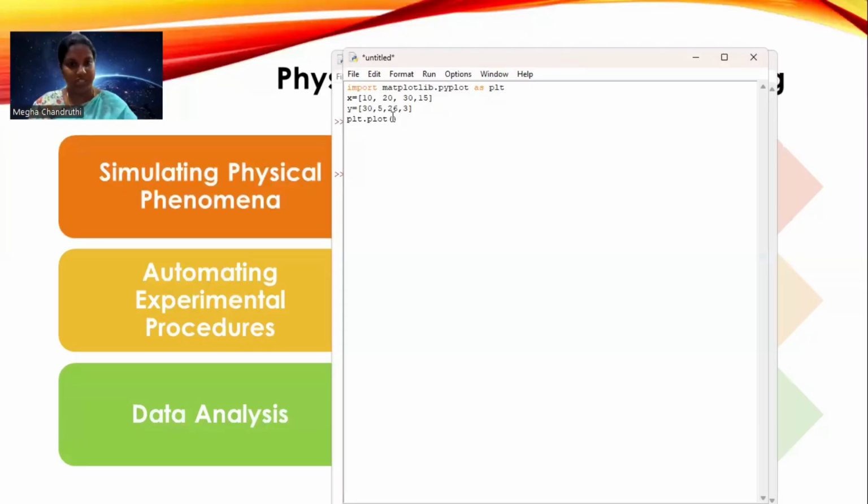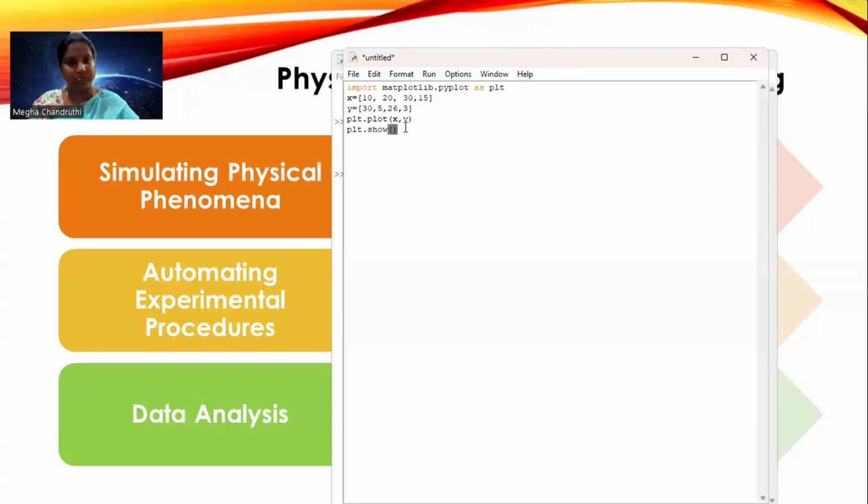And if you want to use this function, this library must be imported. And sometimes, if the library is not installed, then you have to go to the command prompt and install it. You can refer to any of the YouTube videos where you will get the information like pip install the library name. Okay. So here we are going to plot x and y. And next, the plot dot show function.